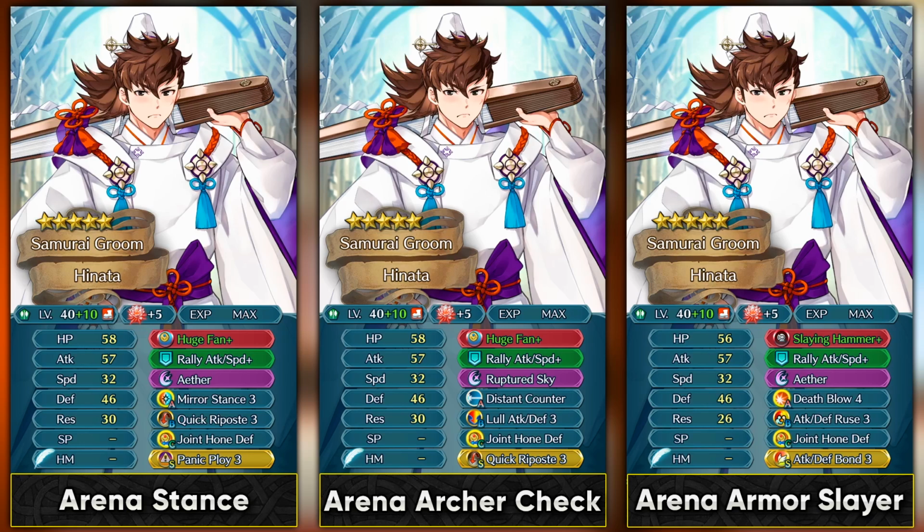As I said, he can be used as a score stick because of his 175 BST after the first merge, so a lot of people might be building him for that. The first build is with Mirror Stance 3, so having the guard effect on the stance skill is extremely good for a tank,